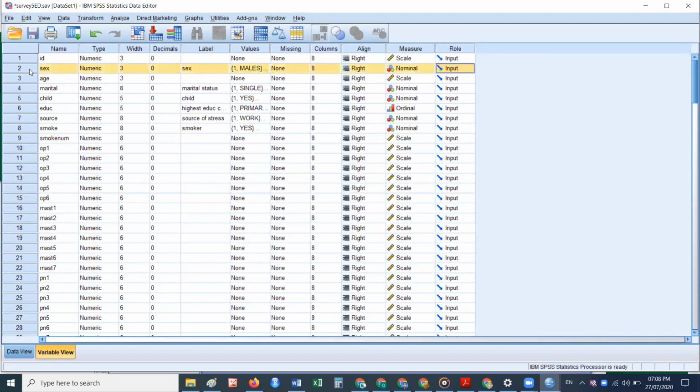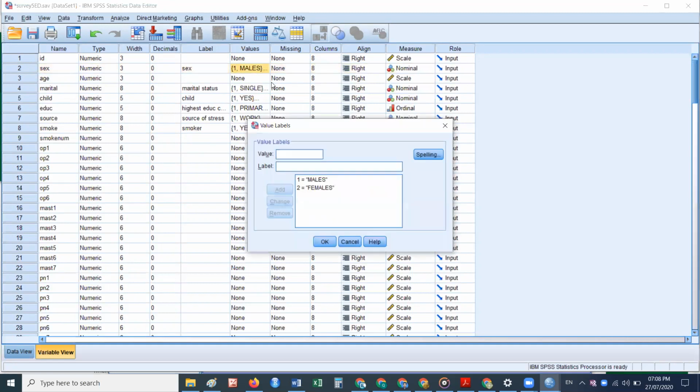The second column is the gender column. In the gender column, we have the values. What are the values? Values are basically the codes. I have coded 1 for male, 2 for female.